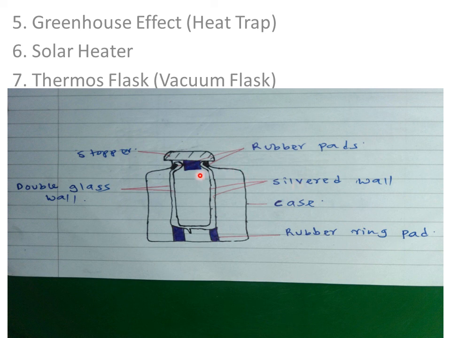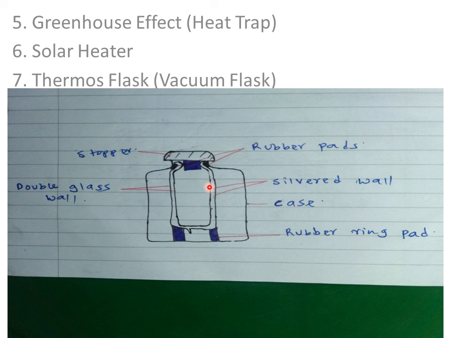Heat. So it means if you have maybe tea or any other relevant liquid which you want to maintain the temperature, the silvered wall, so the inside wall of the double glass is painted silvery or shiny. So this shiny material reflects away heat back to the tea, so that there is no heat loss to the environment. Because it reflects back the heat, this prevents heat loss by what? Radiation. It prevents heat loss by radiation.